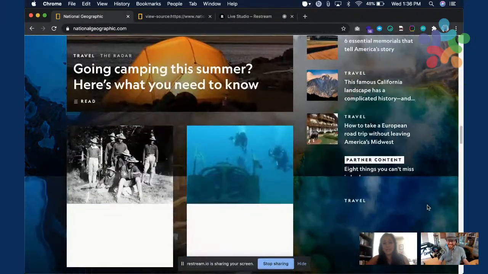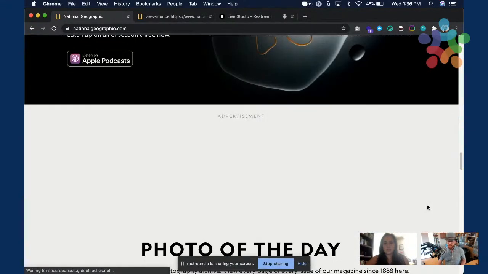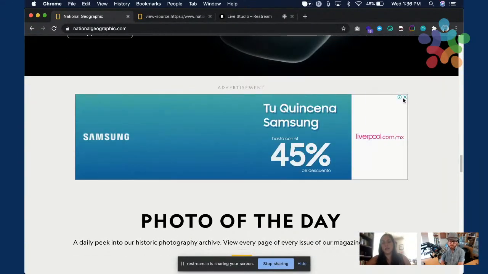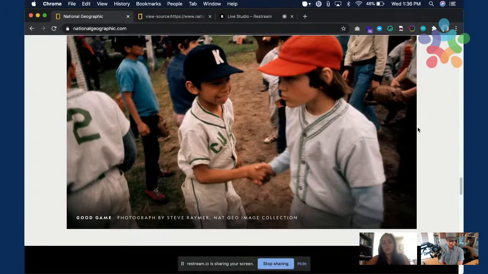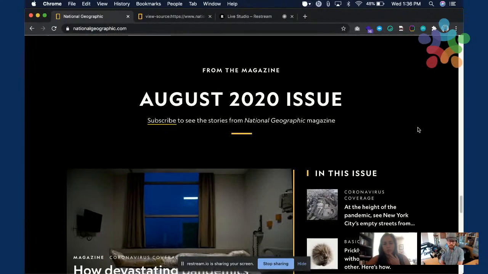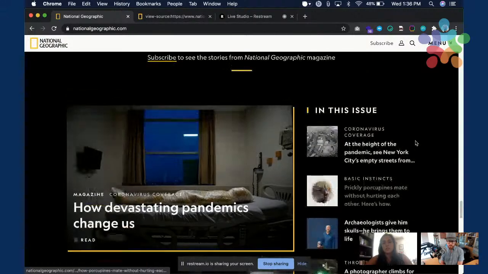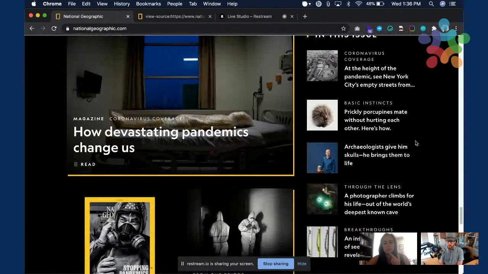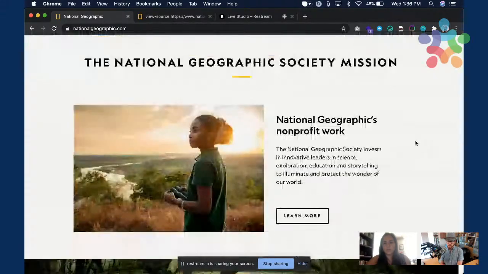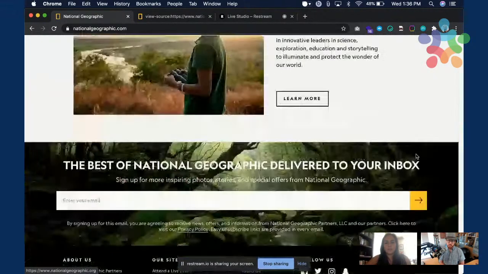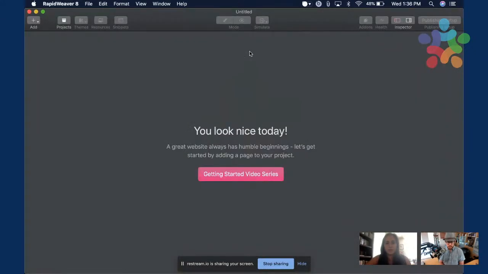So this is the live Nat Geo website, and yeah, this is today. Obviously, I ignored the advertisements in my project, but I'll show you what the finished project looks like. It looks pretty similar. Also, this layout, for example, is repeated throughout the site, so I just copied and pasted the first one for practical purposes. But you'll see pretty much everything. That's the Nat Geo website, and this is my website.